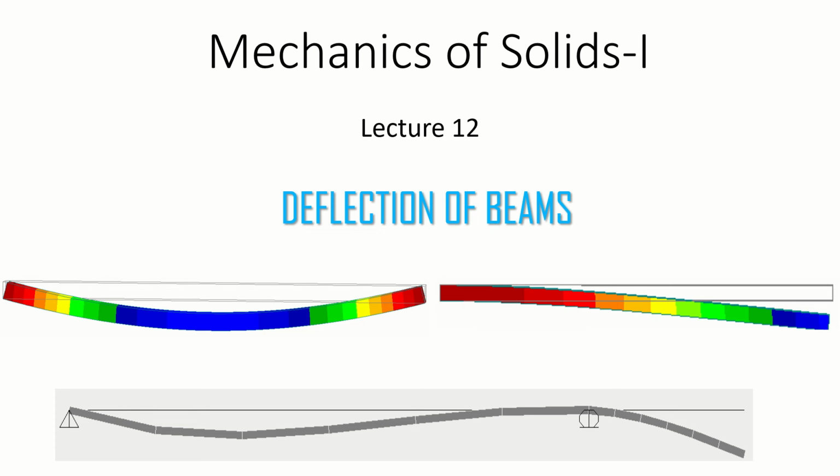Okay, welcome guys to the new lecture of our Mechanics of Solids 1, which is about deflection of beams. In this video, we will discuss the method for determining the deflection and slope of the beams. The analytical method, known as the double integration method, will be used along with the discontinuity functions, and